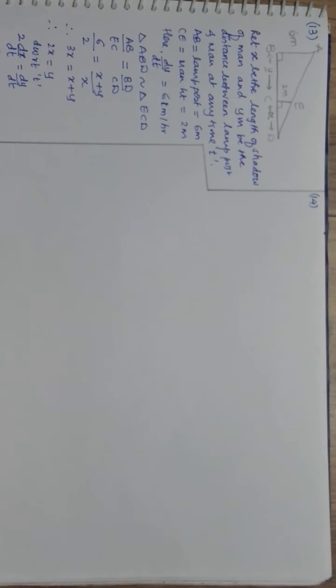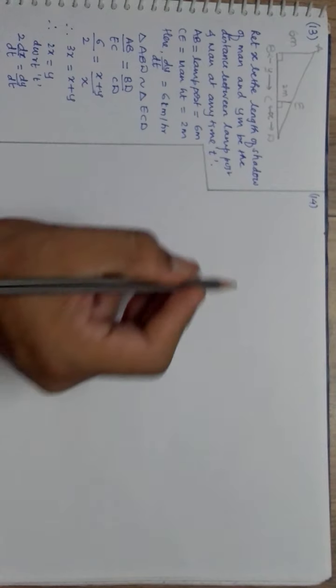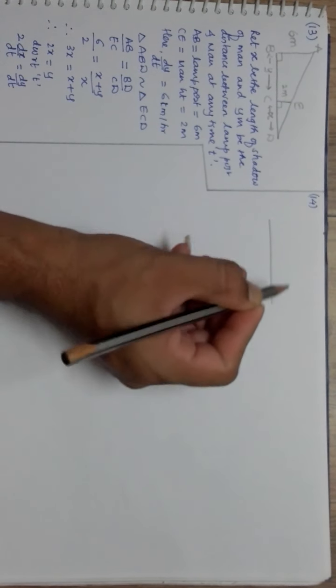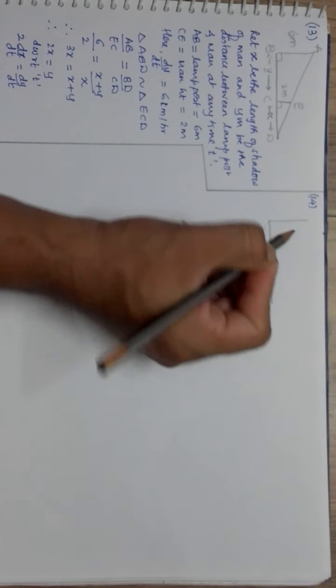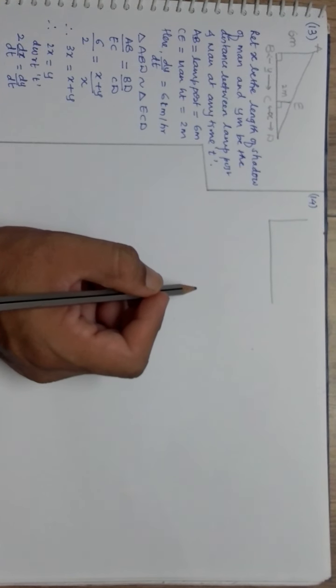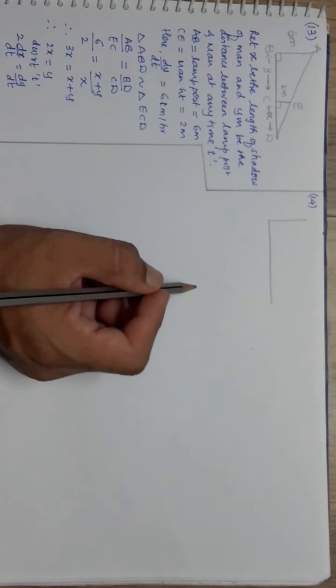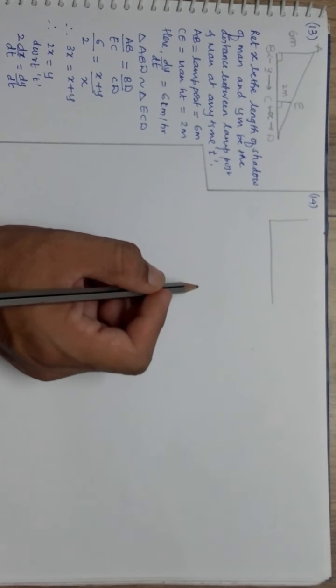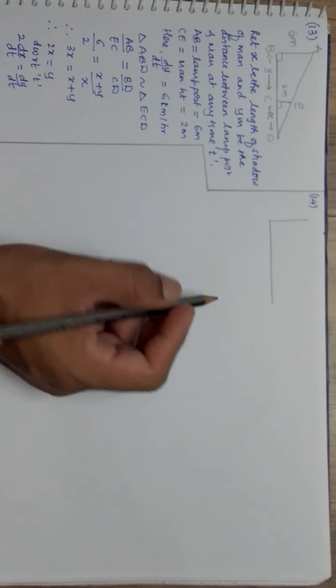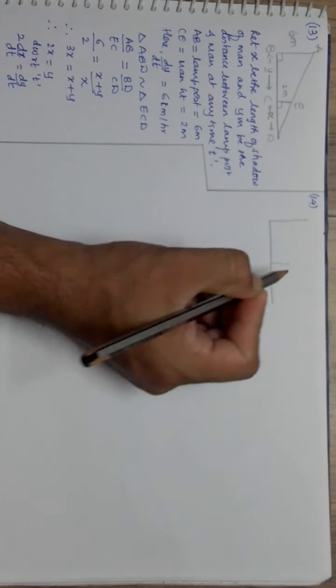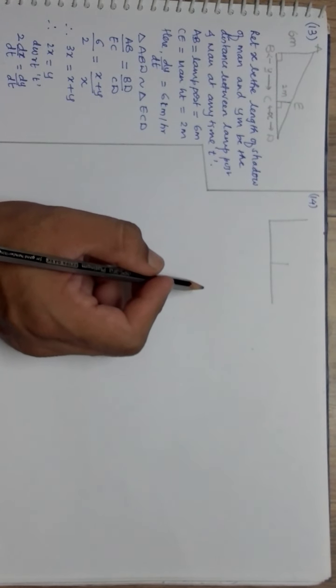Now coming to question number 14, it says a man of height 1.5 meters walked towards a lamp post of height 4.5 meters. Seems to be the same, so let me draw it in the same manner. A man of height 1.5 meter. So let this be your ground level, and this is your lamp post of height 4.5 meter, at the rate of 3 by 4 meter per second. So same. Find the rate at which the shadow is shortening.